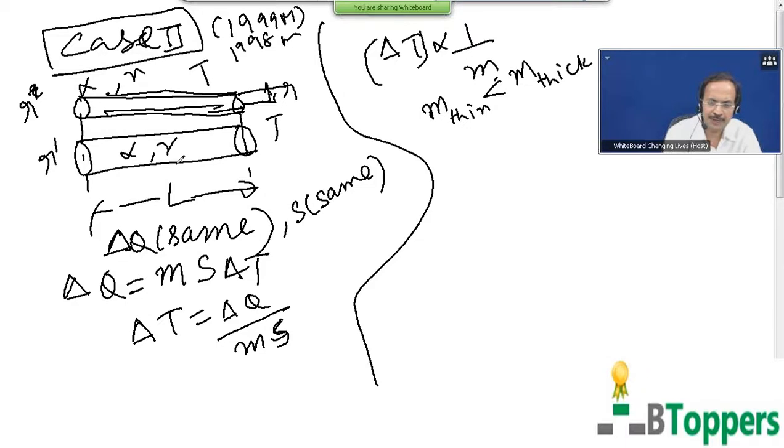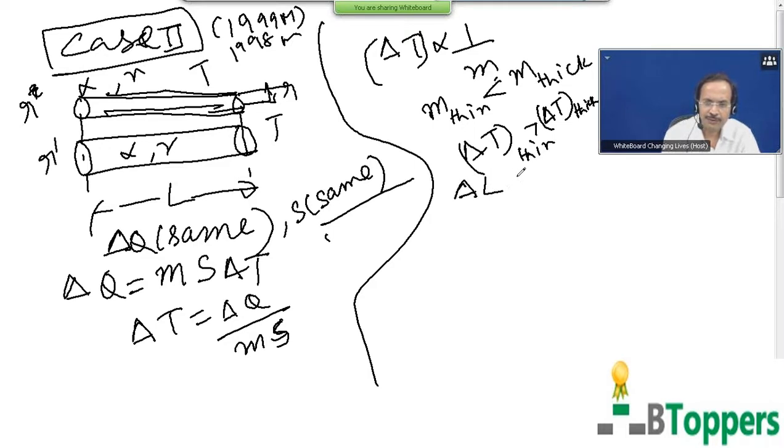when both the rods have the same length and are made of the same material at the same temperature. So therefore, the increase in temperature for the thin rod will be more than the increase in temperature for the thick rod of the same metal, same original length, when they absorb equal quantities of heat. Therefore, the increase in length delta L can be written as alpha into original length into increase in temperature. So the increase in length is more.